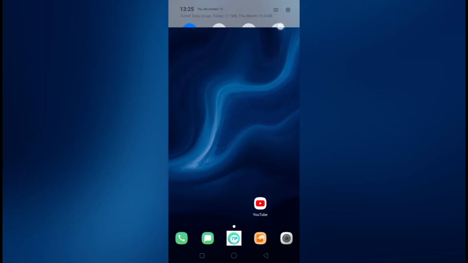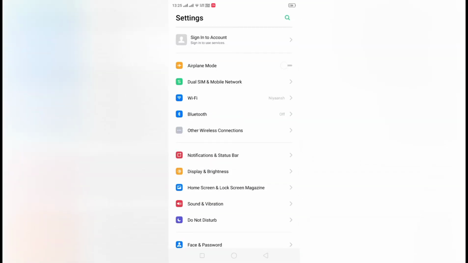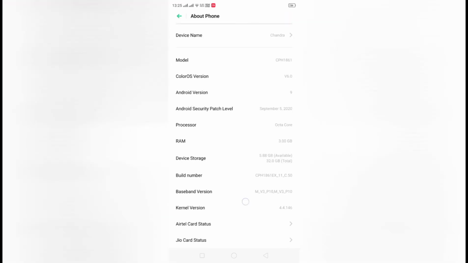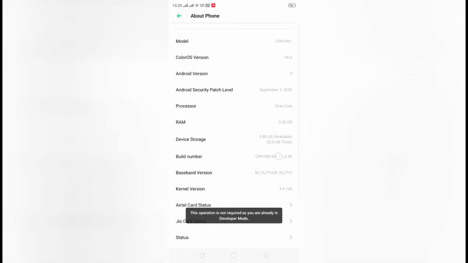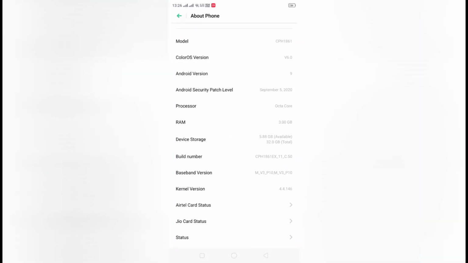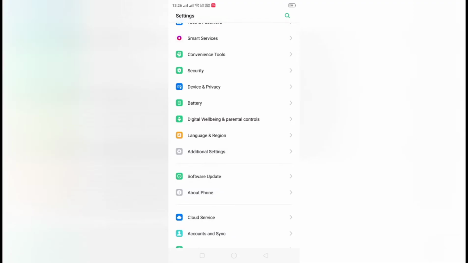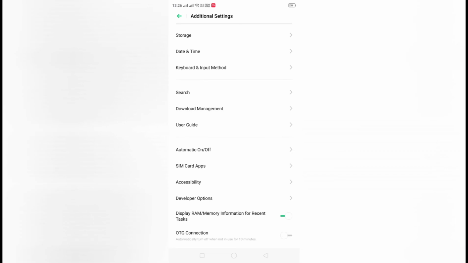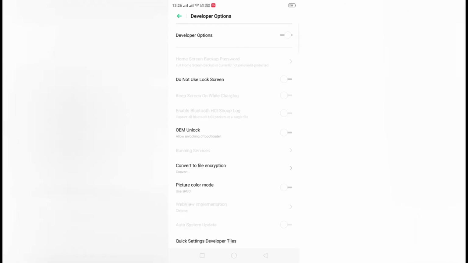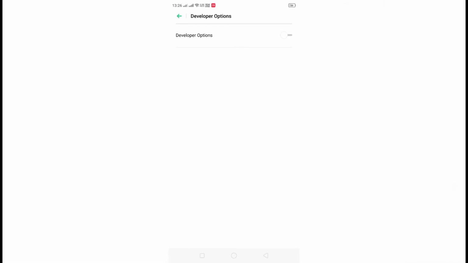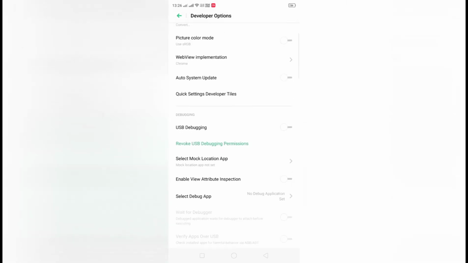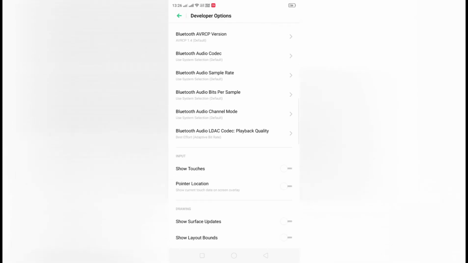Now we will move to our next feature. To enable this feature, we need to go to the developer options, which are hidden under the settings. To unhide the developer options, just go to about phone and tap on build number 7 times until you see the developer options enabled. Once enabled, go to additional settings and then you can find the developer options. For my phone, it was under additional settings. For some phones, it will directly pop up in the settings menu. Once I enable the developer options, there are so many options showing.